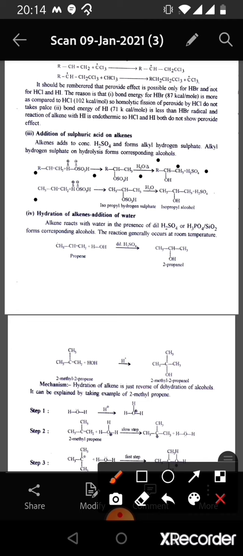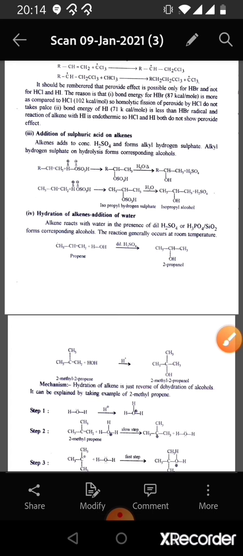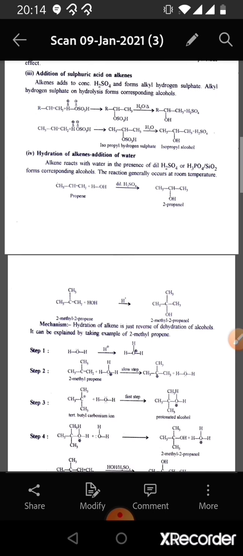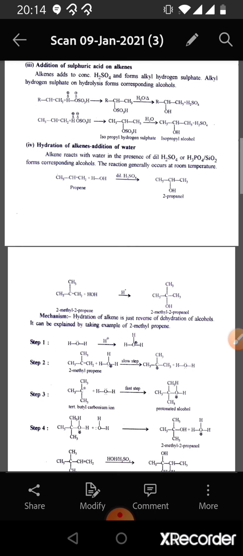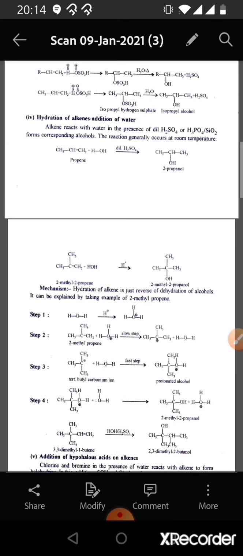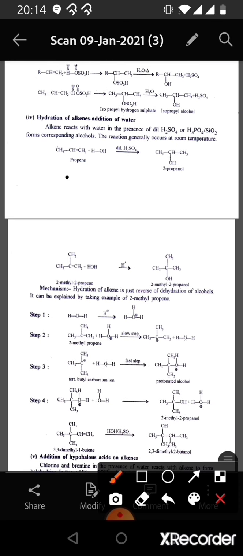For example, here we see propene reacts with sulfuric acid and isopropyl hydrogen sulfate is formed, and this isopropyl hydrogen sulfate on hydrolysis forms isopropyl alcohol. Then the next reaction is hydration of alkenes, that is addition of water. Alkene reacts with water in the presence of dilute H2SO4 or H3PO4 or SiO2 and forms corresponding alcohols. The reaction generally occurs at room temperature. So here we see that propene on hydrolysis in the presence of dilute H2SO4 forms 2-propanol,